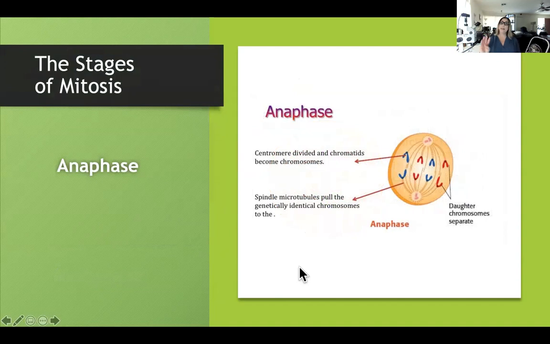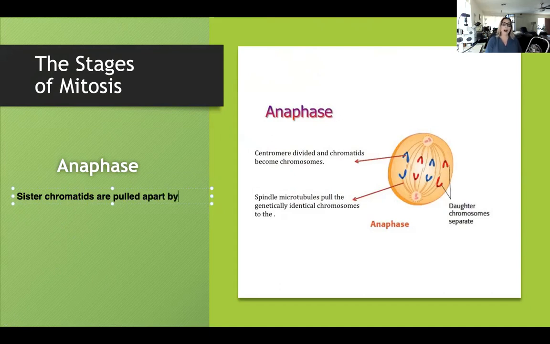Okay, now anaphase, that is the third phase of mitosis. So for anaphase, what you need to remember is that sister chromatids are pulled apart towards opposite poles of the cell. Now I don't think I need to draw this on the whiteboard, so let me write this down here. Now it says daughter chromosomes on the picture. Don't worry about that terminology. It's not wrong, but it's a little more detailed than we need to go in terms of terminology, at least. Okay, so during anaphase, sister chromatids are pulled apart